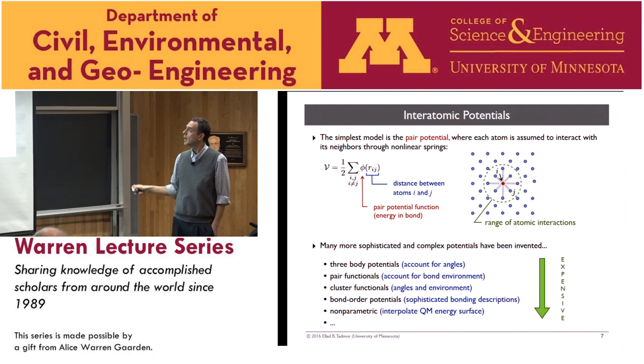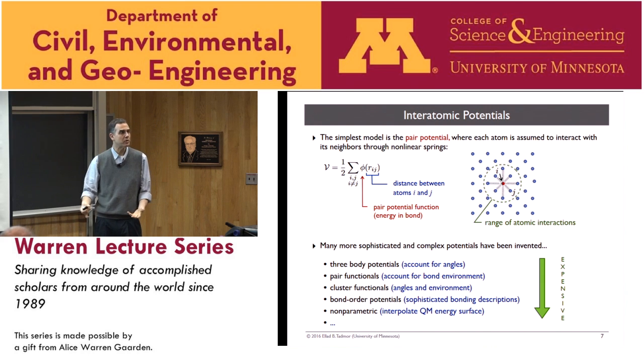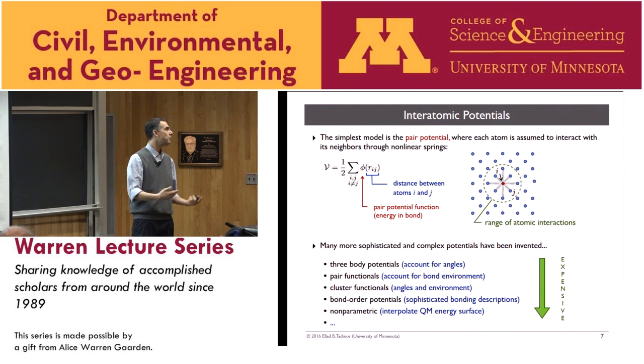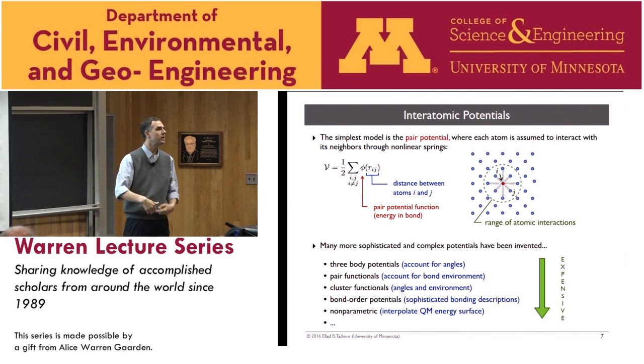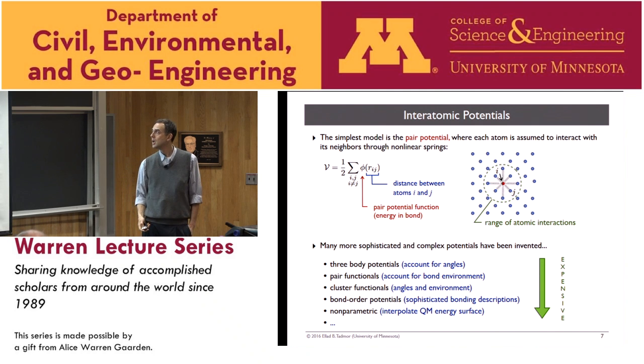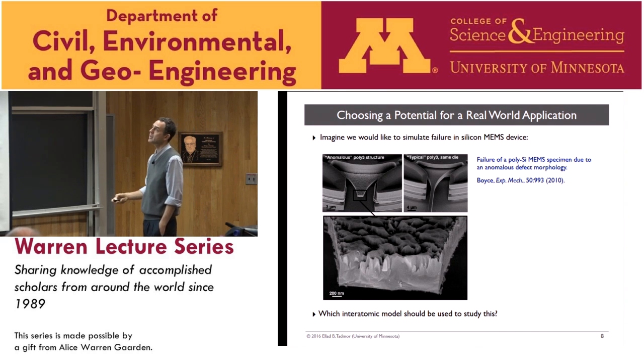Now, as you do that, two things happen. One, it naturally becomes more expensive. The models have more calculations involved in computing the energies. And second, they have more and more parameters involved in them, which makes fitting a problem in some cases. Because as you get models that have many, many parameters, you can get into problems of overfitting and things like that. And so we are trying to use that to understand problems that we're interested in physically and understand what are the limitations of these potentials.